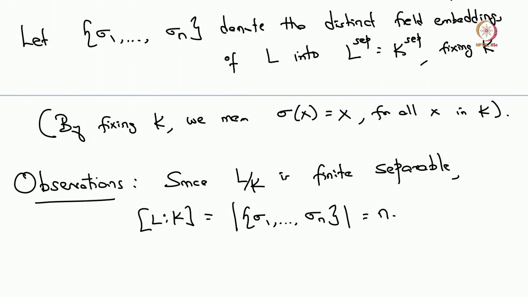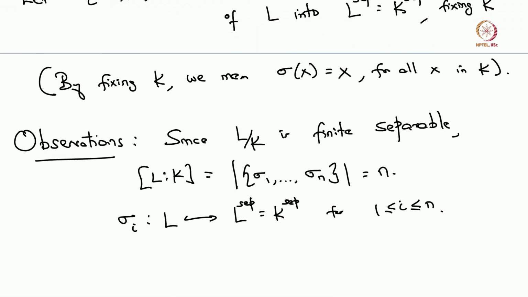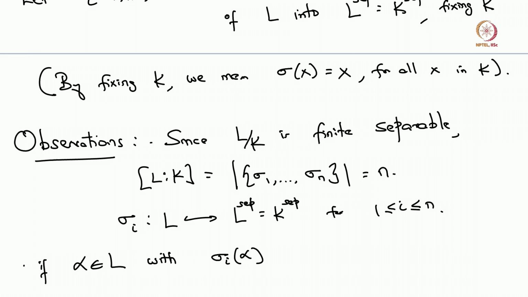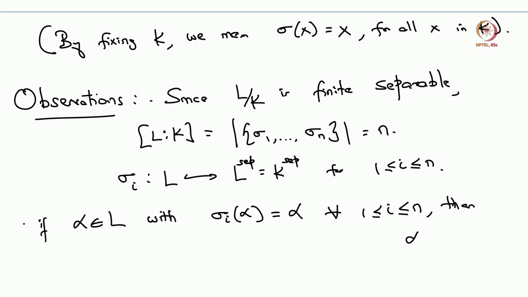All of these sigma i's are field embeddings of L into its separable closure. And one more observation: if alpha belongs to L with sigma i of alpha equals alpha for all these embeddings i going from 1 to n,